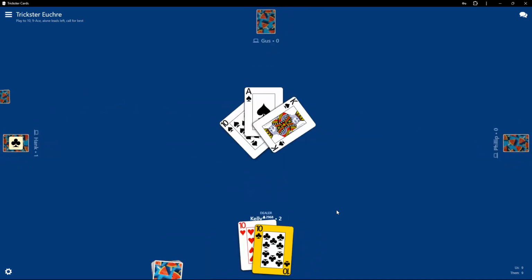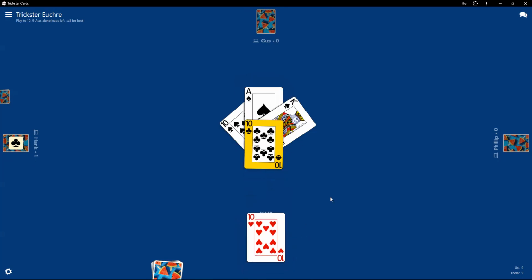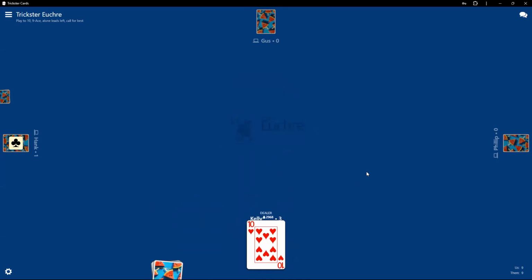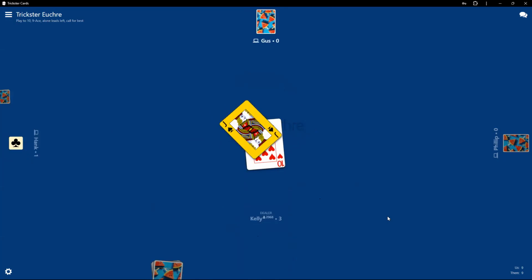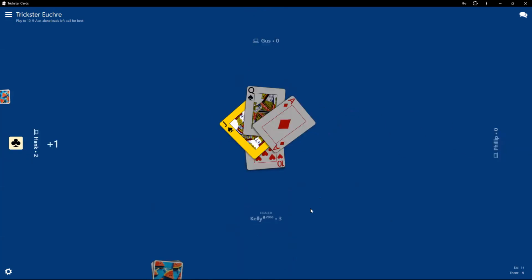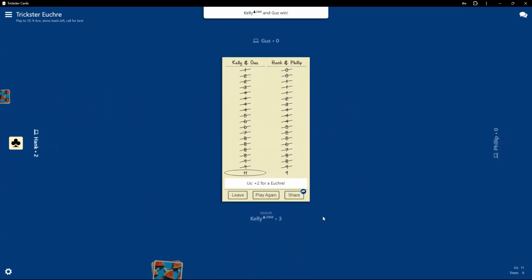No. See, why is it telling me to play this 10 of hearts when this is a club and it can win that trick? That makes zero sense. Cousin, you're right. Don't listen to the bots. I mean, sometimes they're right, but I don't know. I'm starting to trust computers less and less. They call it AI, right? Artificial intelligence, which is, I guess, accurate.